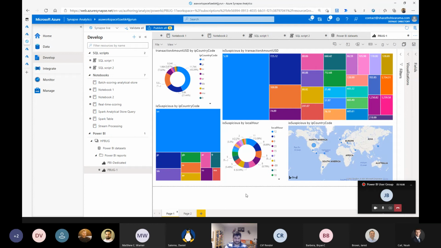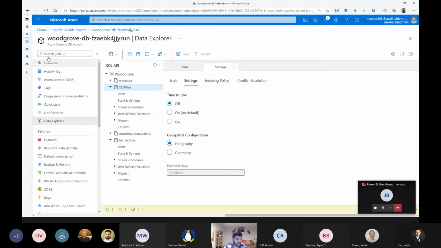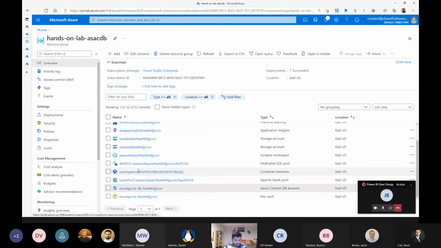And that is pretty much what it is. So the other option for connecting, there is no need to do any of this: create a new data set, download the file, nothing. When you create your Synapse Analytics workspace,